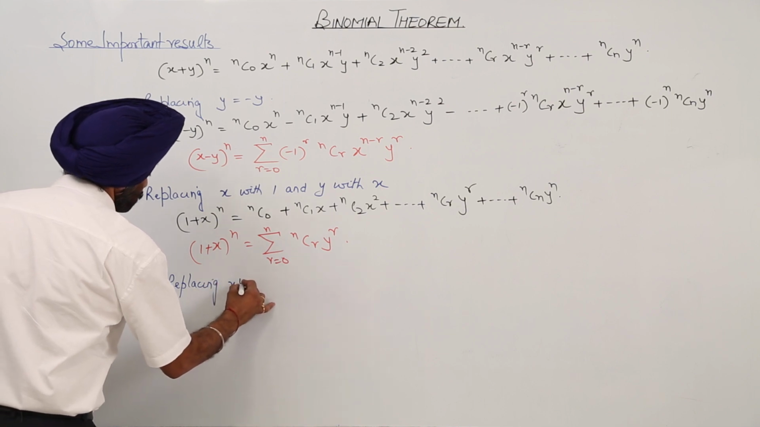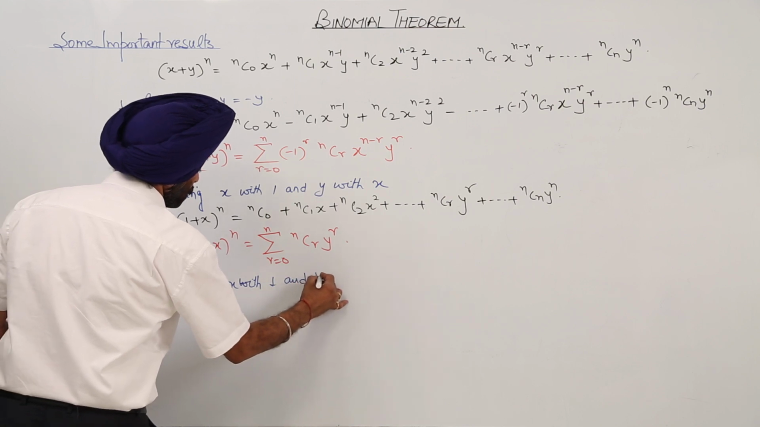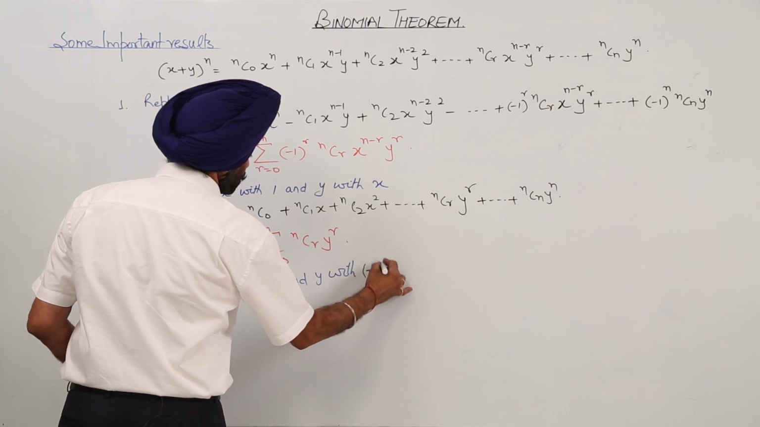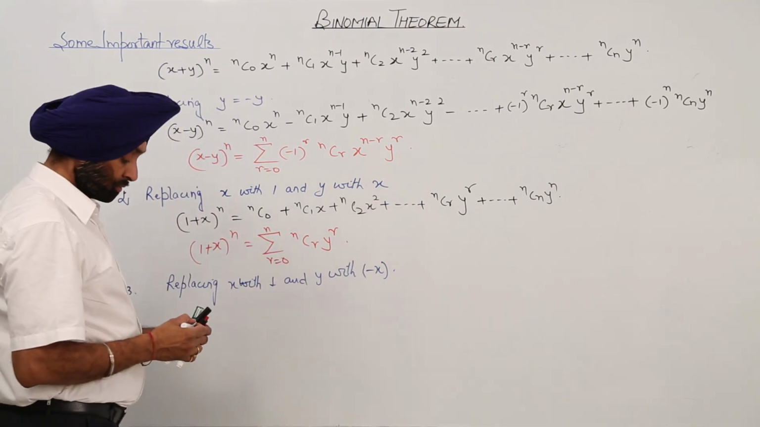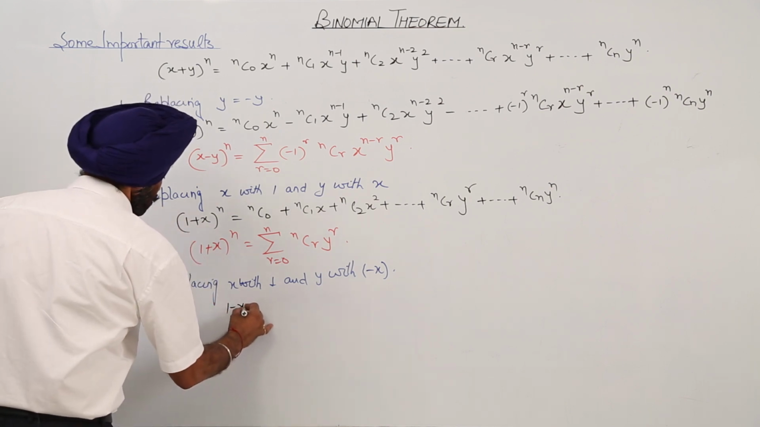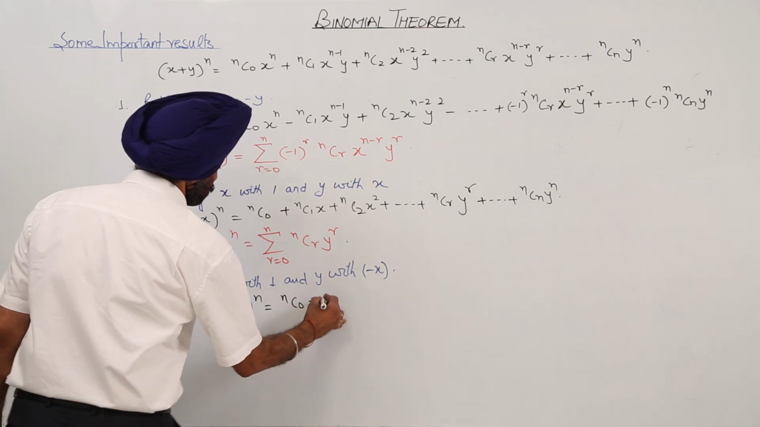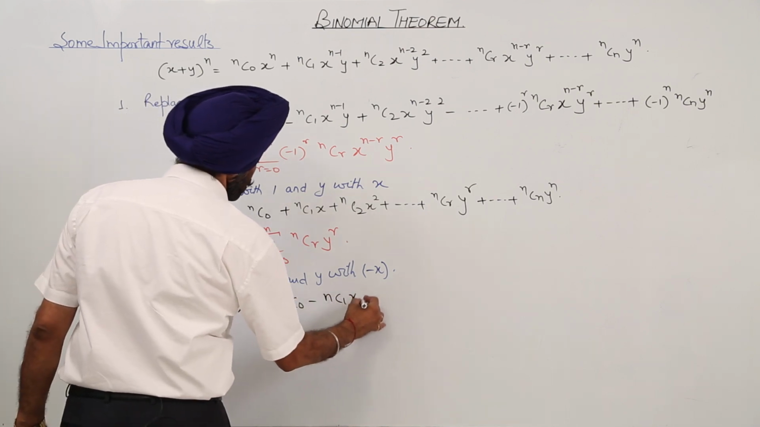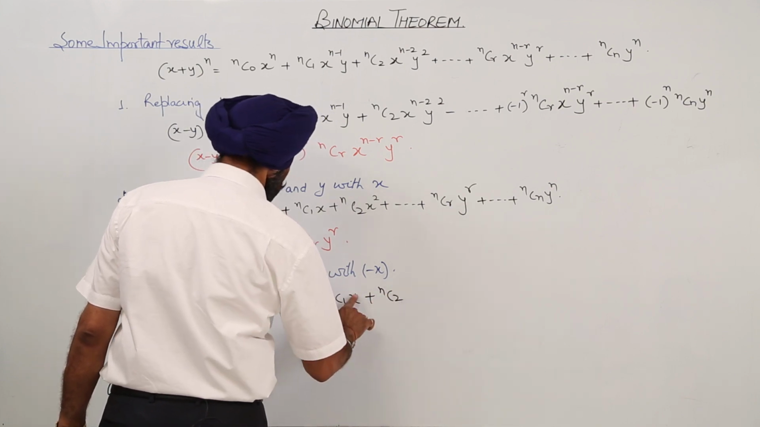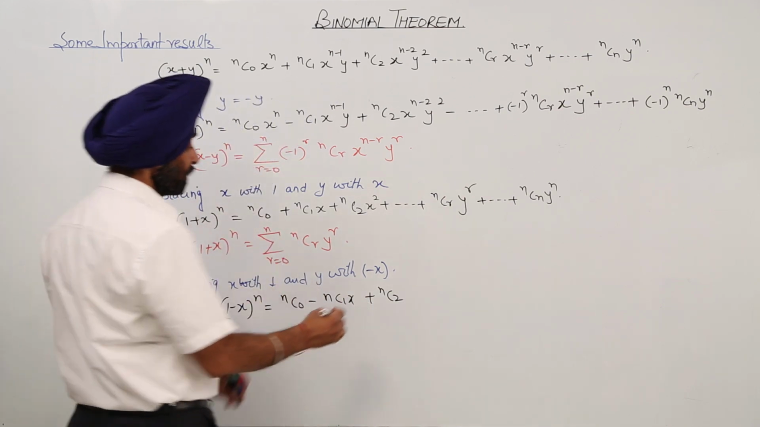Replacing x with 1 and y with negative of x. Is it clear? Now what will we be getting? (1 - x)^n is equal to nC0 minus nC1 x plus nC2, sorry, not x, y, okay, y is x, x square